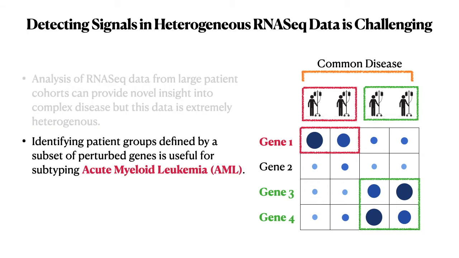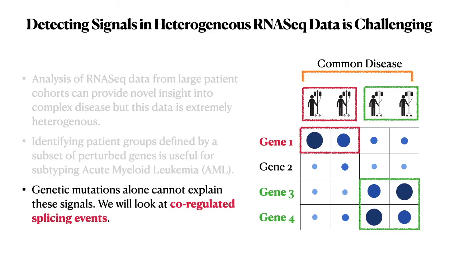One domain in which this type of analysis is particularly useful is subtyping cancers based on genetic profiles, such as acute myeloid leukemia, or AML, which is an extremely heterogeneous hematopoietic cancer. Now, the traditional paradigm in cancer research has been to analyze genetic mutations as a means to explain disruption of important oncogenic pathways. However, given all the studies to date, this approach has still failed to fully explain the genetic basis of the disease, and thus a transcriptomic-centric view, particularly one focused on alternative splicing, where exon inclusion or exclusion can significantly perturb protein function, may provide much more valuable insights, and thus co-regulated splicing events are of prime interest in this study.